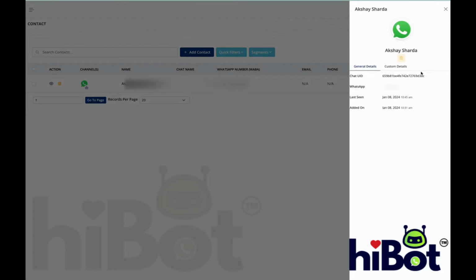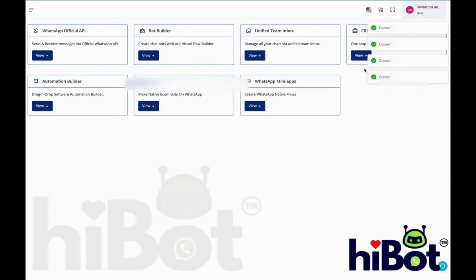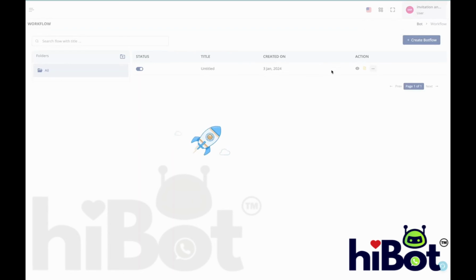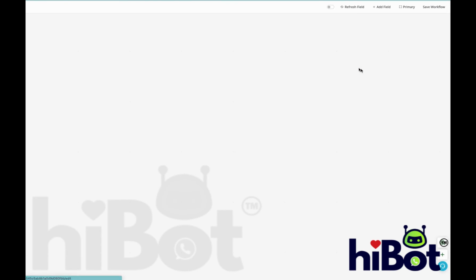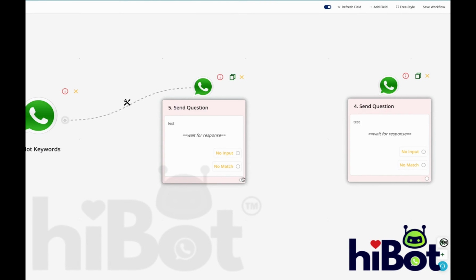Click on this view icon, click on custom fields, and we'll see that the custom field we have received the data here. Now from the general details tab, copy the chat UID. This is required to create the bot or to segregate the fields further. We'll again go to the bot builder, and in the same bot